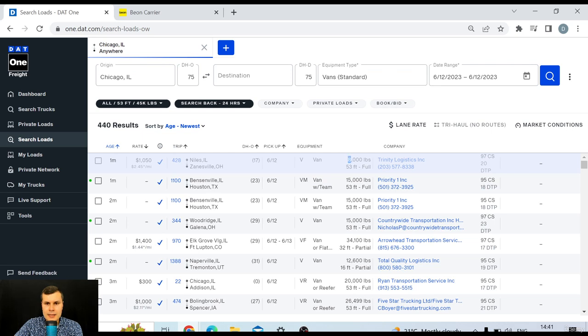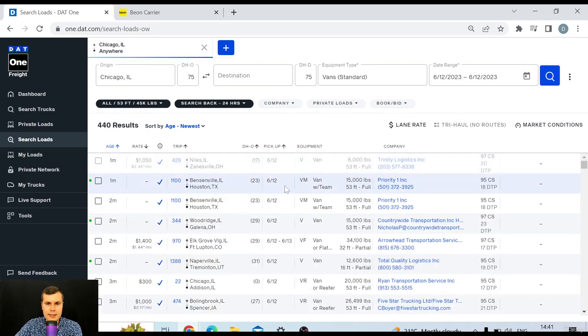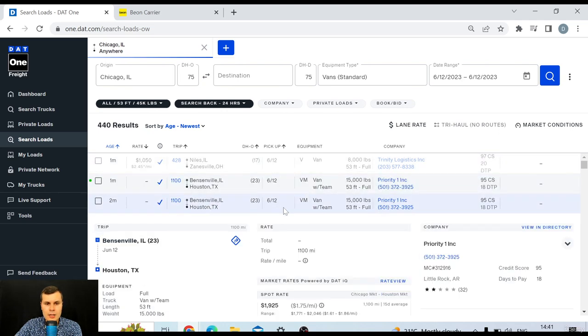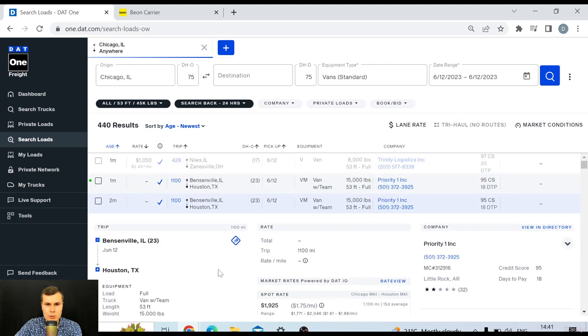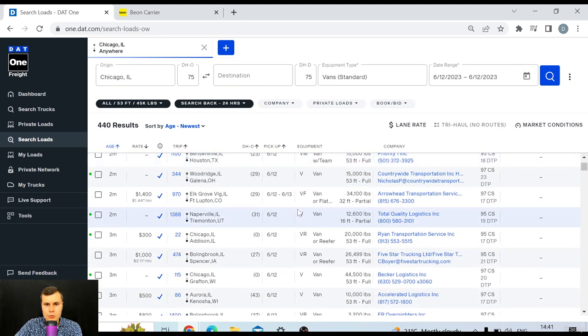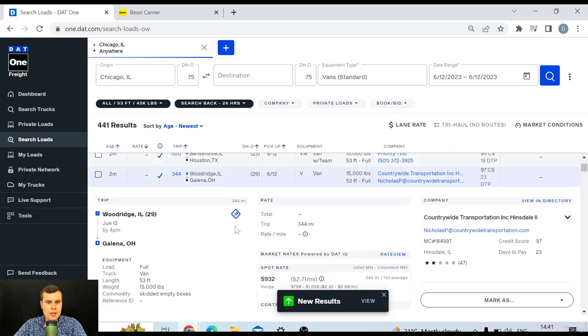Next one is the weight. So this load weighs 8,000 pounds. I think you already noticed that if I click on any certain load, another menu pops out with a more detailed explanation of the load. Let's just choose one load. So we stay on it. Okay, let's choose this one, Illinois to Ohio. So I click on it, and